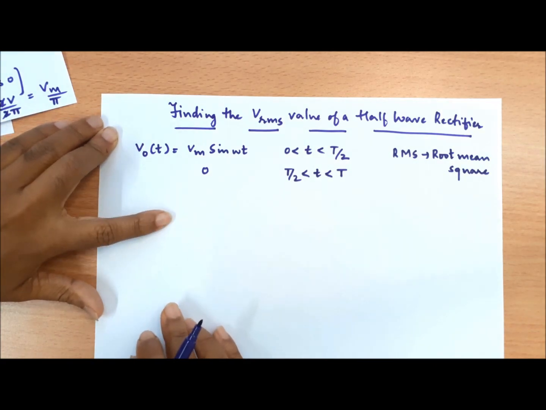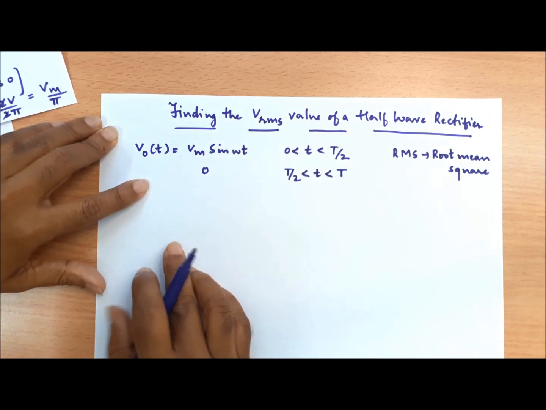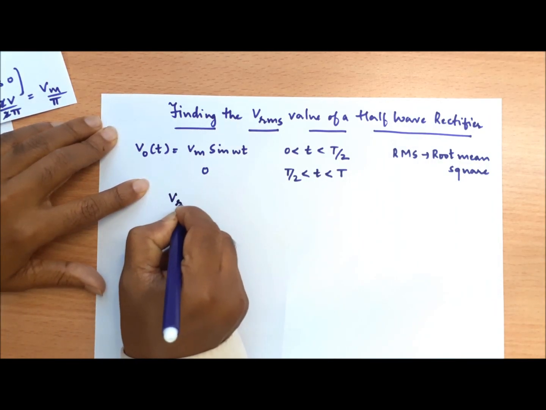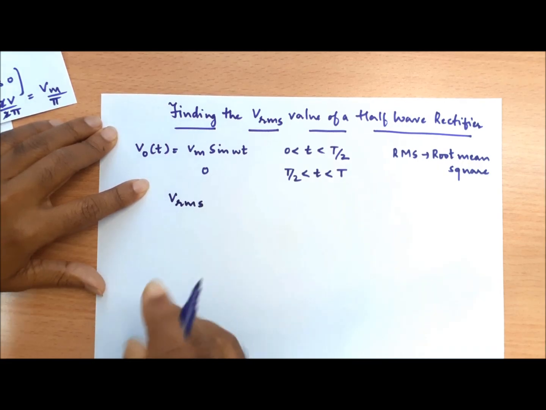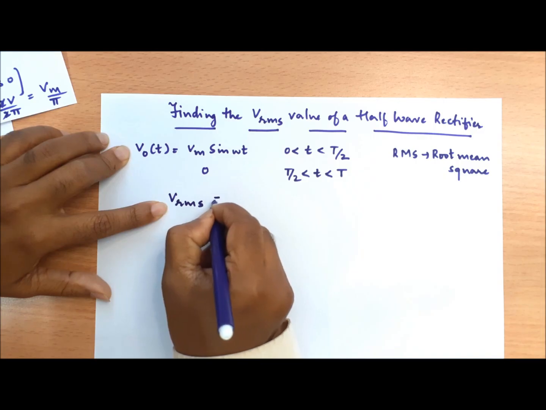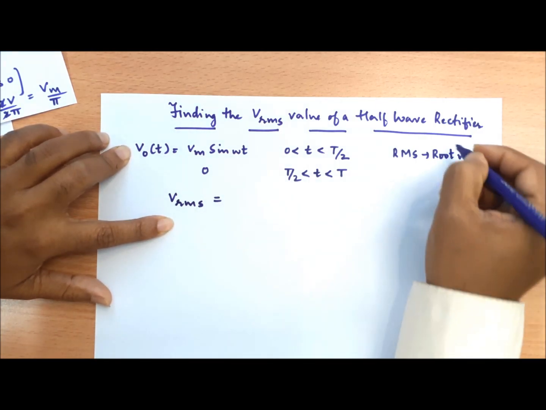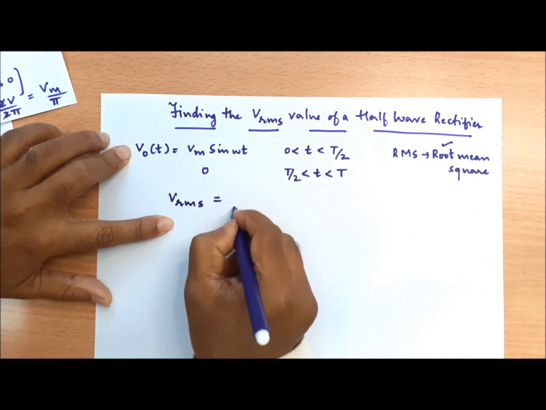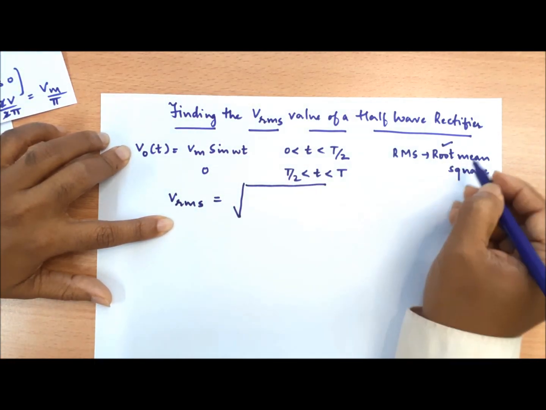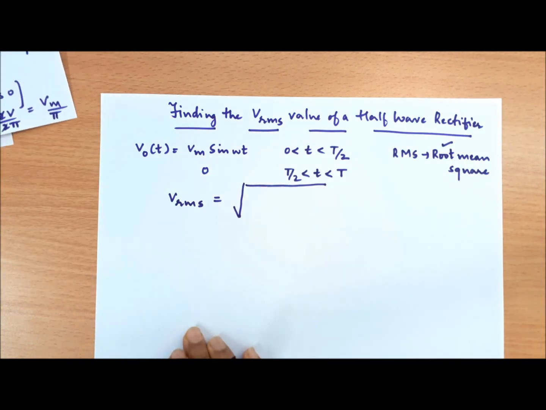So let me just write the expression for RMS voltage. VRMS can be written as root. So I'll have to take the root first, then mean. So for a half wave rectifier,